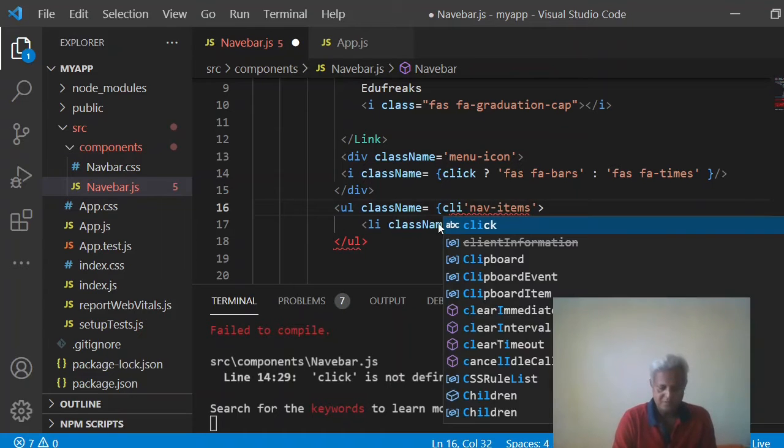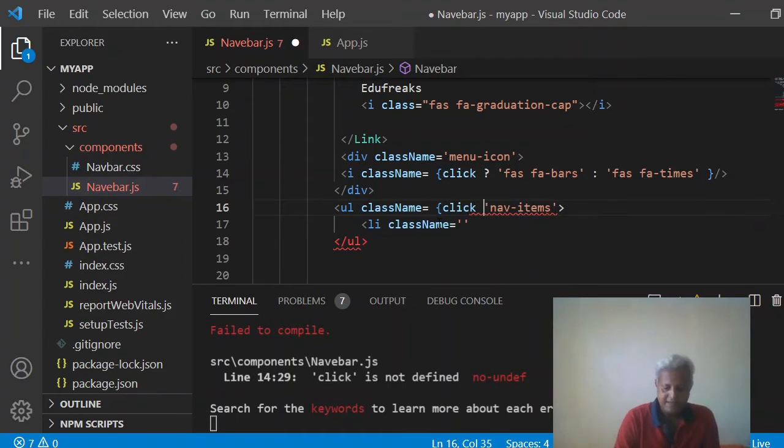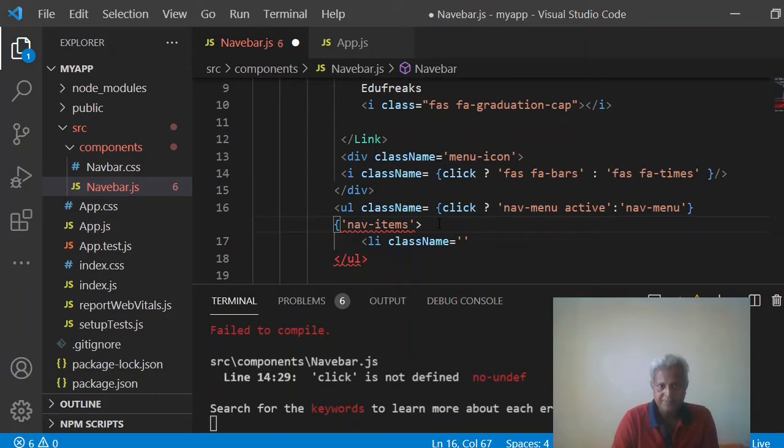So click ? nav-menu active : nav-menu, then curly bracket. Okay, and